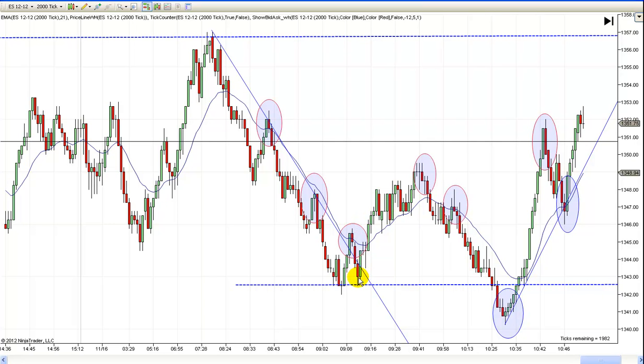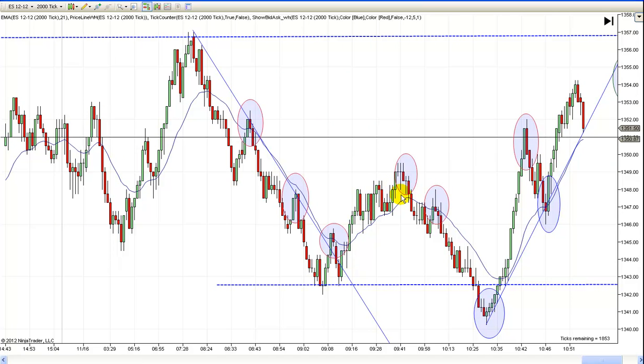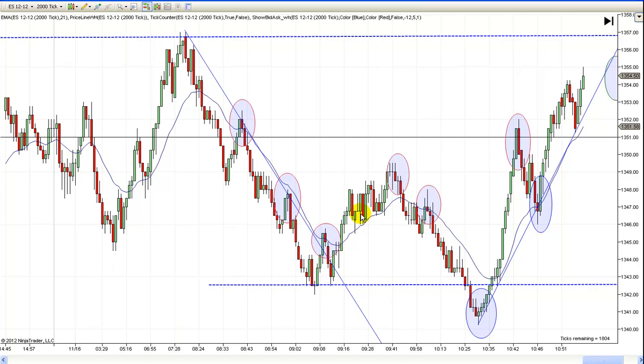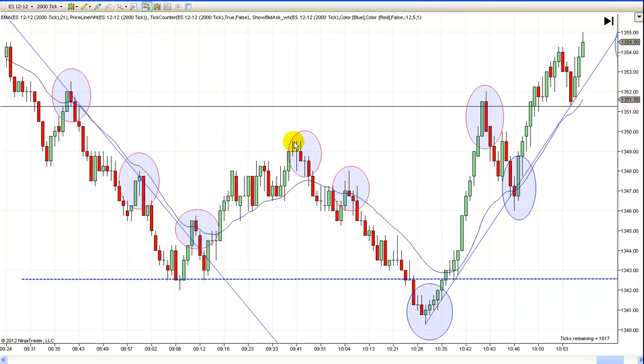You could consider that a retest, but that's not a very good one. You're generally going to get another test that's going to make a new low, or another try at it, since this one did not go very far. So they wanted to take it up, and they just couldn't do it. And you actually could have gone short below that little... let me make this bigger. Below that little doji,